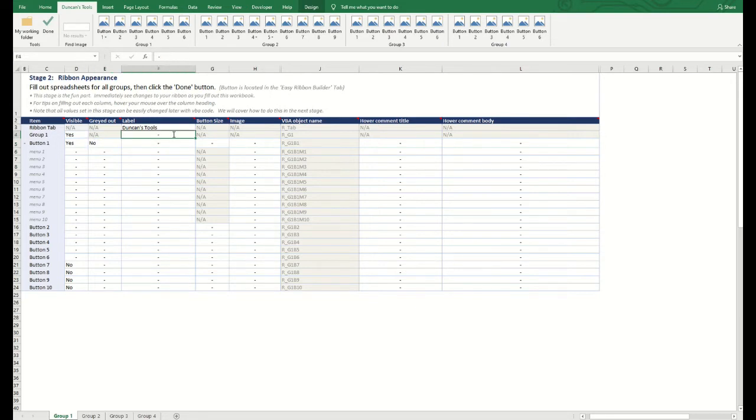So now I'll set the group 1 label to being General Controls, and you'll notice that's updated there. I can set the button size to either small or large, so if I set it to small it looks like that, if I set it to large it looks like that. The image, I search for an image,